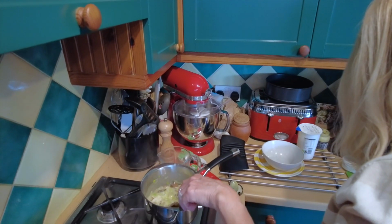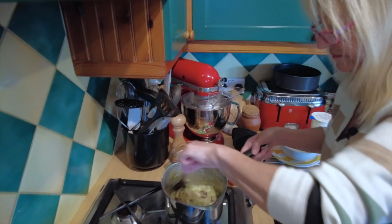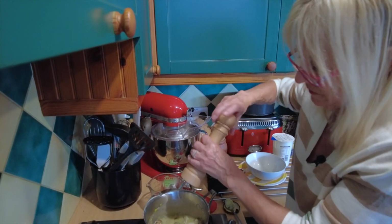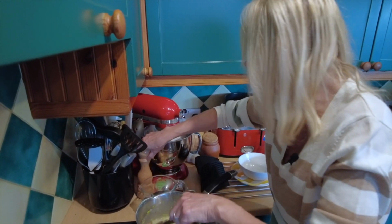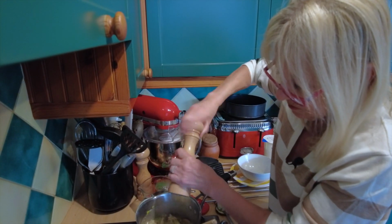Oh, actually that garlic was really nice. I'm going to put a little bit more fresh garlic in there. Cook that in. Lovely. Bit more pepper in there. Oh, that's salt, but one twist. And my pepper. And I'm going to put a little bit of cream in,